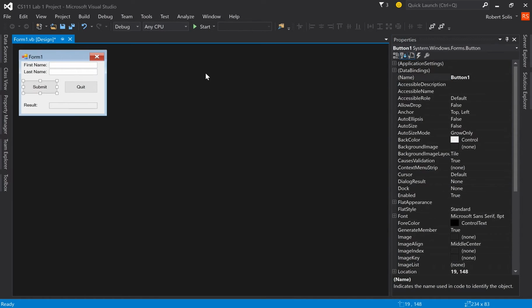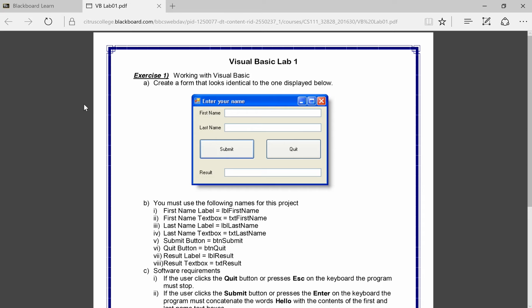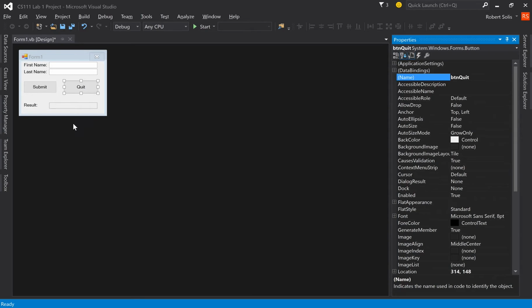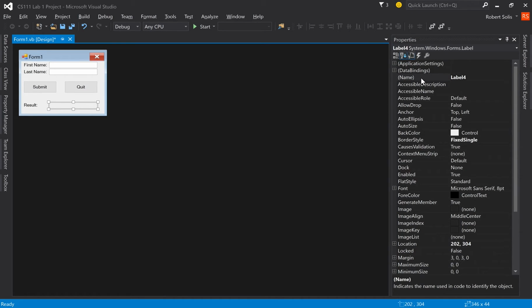For a button, the Hungarian notation for that is btn, and since this is the submit button, I'll just simply type submit. This is the quit button, so the Hungarian notation is btn, and I'll type in the word quit. Now, what's a little bit different than the requirements for my lab, which I'll have to update, is I said for you to make this a text box. I'm gonna change my mind and make that a label. So over here, I'll select this, and I'll just simply type in lbl result,